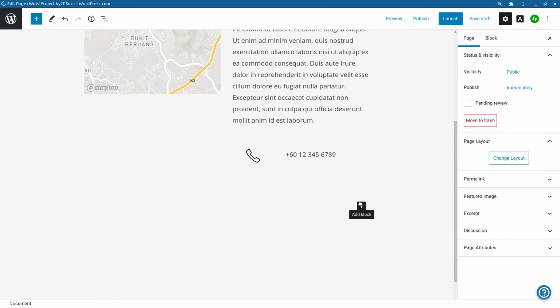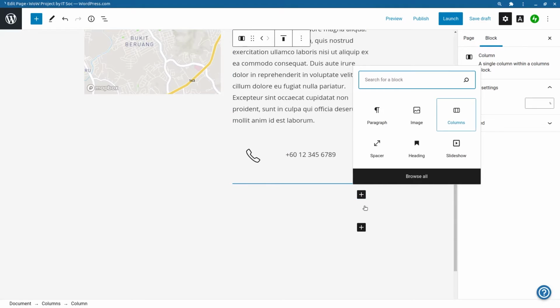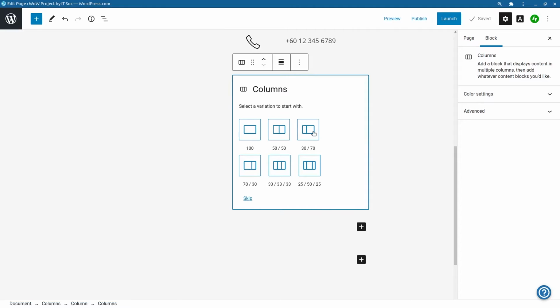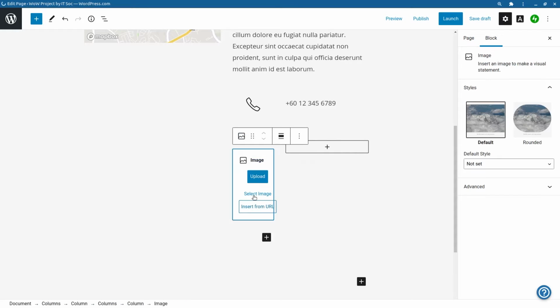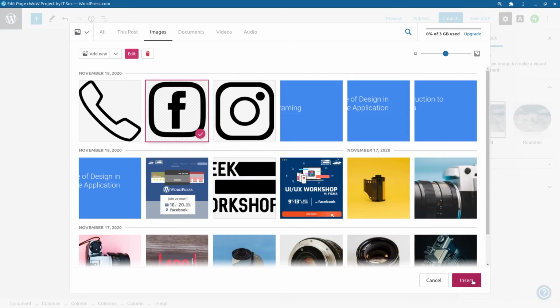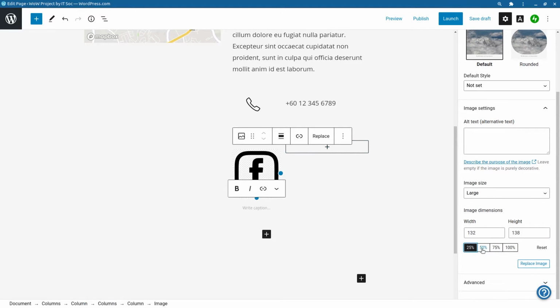Now we're going to add a new one after this column. 30-70 also, and then add image. Actually, you can duplicate it. Apparently this is not properly background.